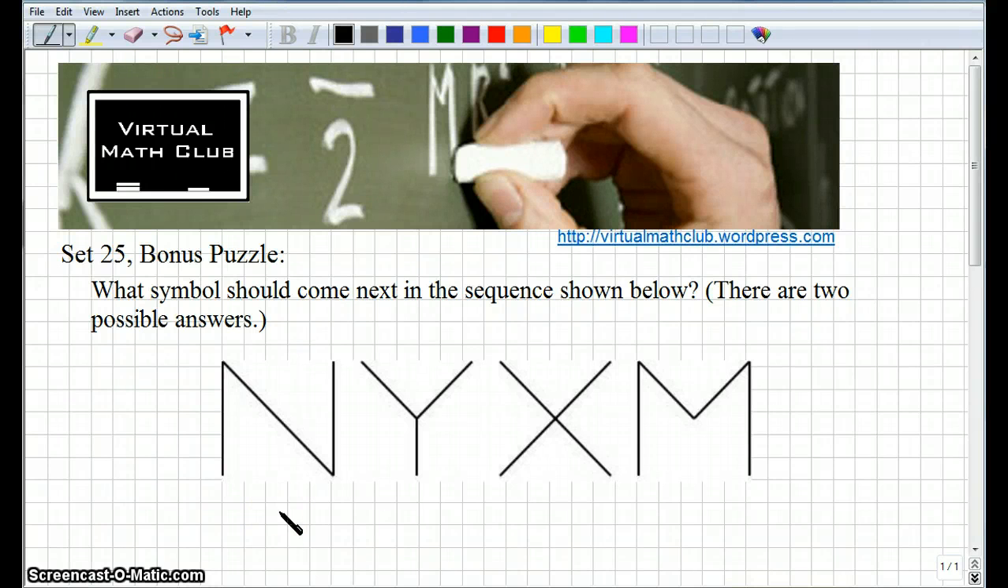Alright, here's a puzzle for you. Given the sequence of symbols, they look like letters, don't they? What would be the next symbol in the sequence? Oh wow. Okay, so again, this is a puzzle, and